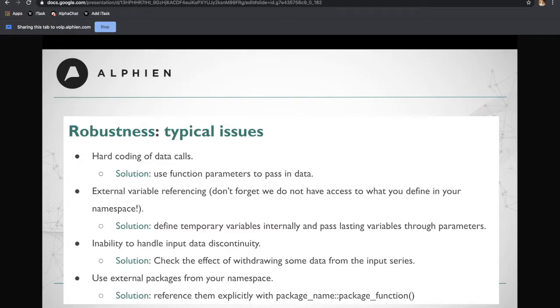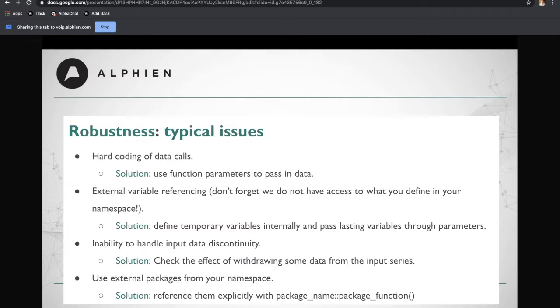This is something that we want to test. You need to be able to generate your allocations, whatever the structure of the input series is, or if there is a change in this structure.